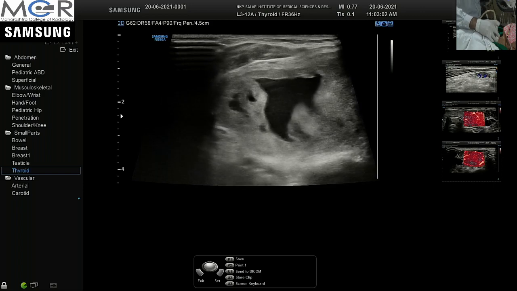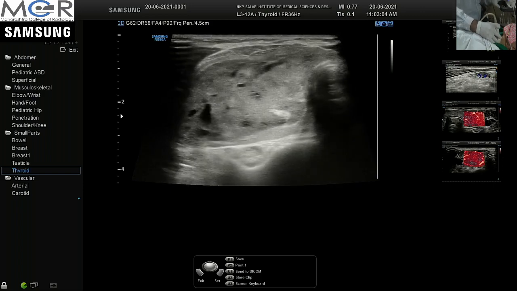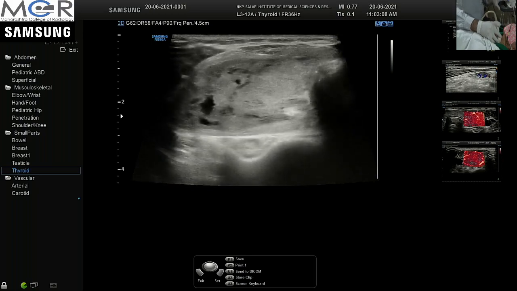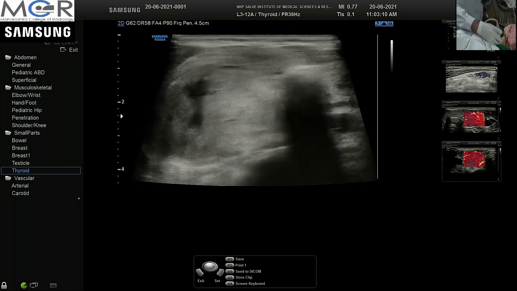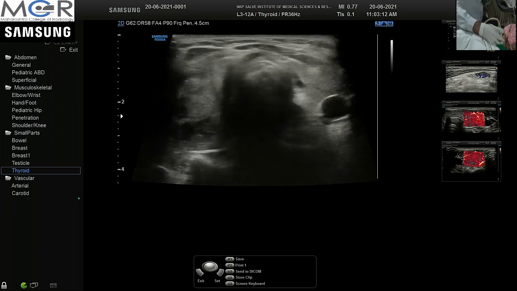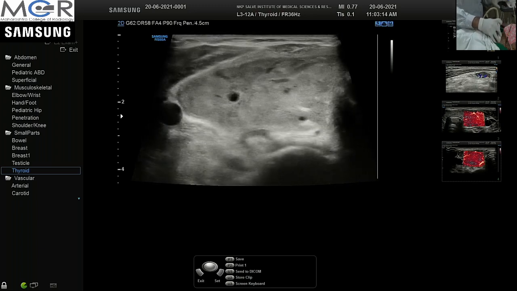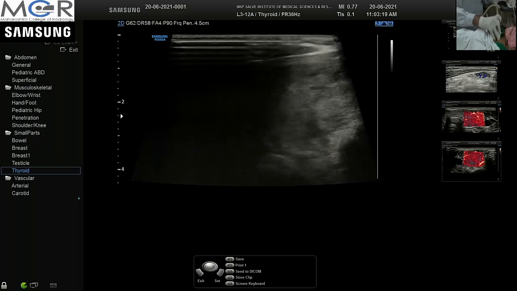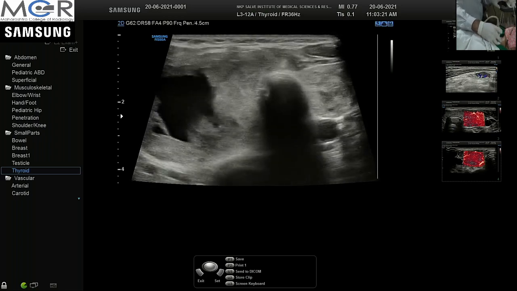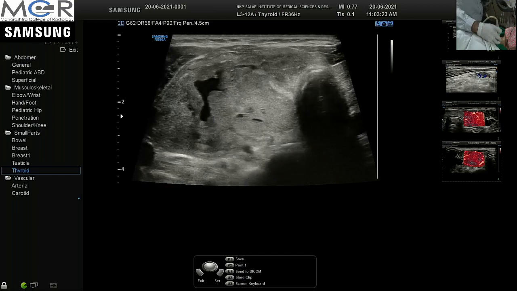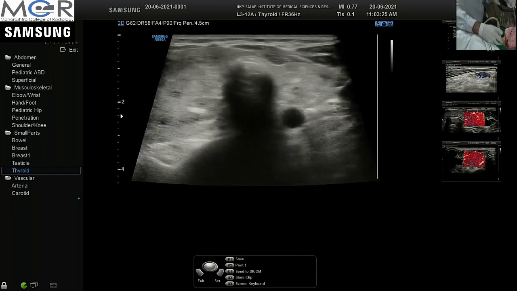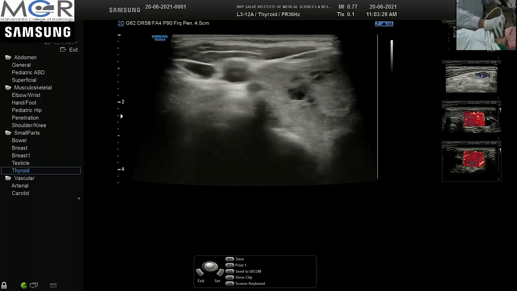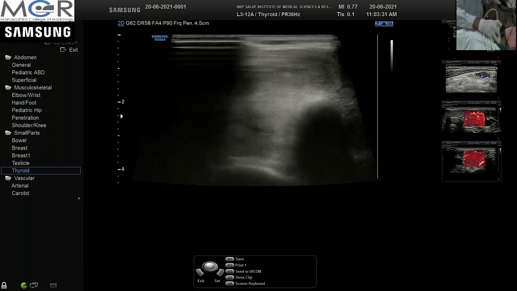It would be a benign category, but still, if the score is more than 3 and the size is more than 2.5 centimeters, you need to do an FNAC. If the score is 4 or more, size is 1.5 or more, you should do an FNAC. Likewise, ACR TIRADS has come for the risk stratification of the nodules, and it is more aimed at detection of malignancies as such. Though they are rare, earlier you detect is always better for everybody.